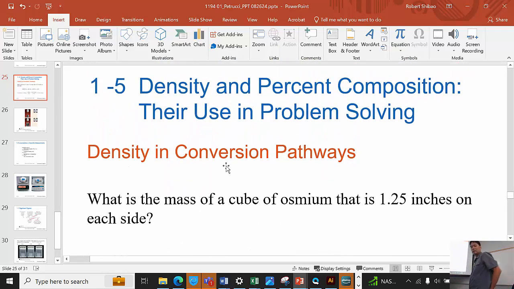Density and percent composition, and their use in problem solving. Actually, we're going to focus the rest of the chapter on problem solving. And density is one of these conversion factors that we use. Density is an intensive property. It's a mass to volume ratio. So density for